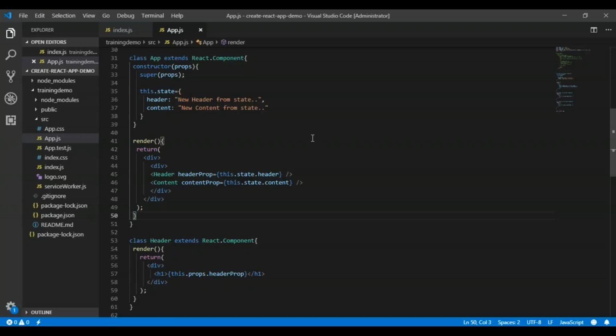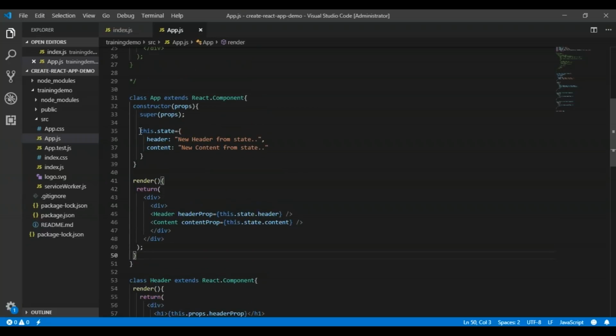Now just a few tips for using state in React.js. Do not modify the state directly. Don't even try to modify the state directly. Always use the setState method. And the only place where you can assign this.state is the constructor. These are the two main things. If you have to specify this.state, you can specify it in the constructor only. This is the first right way to use the state.